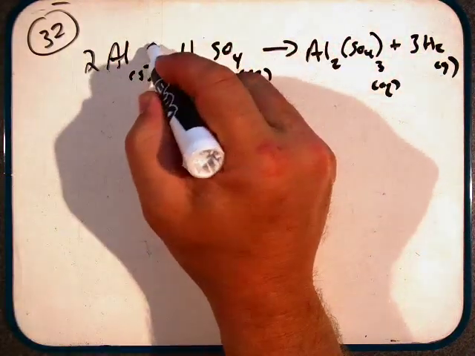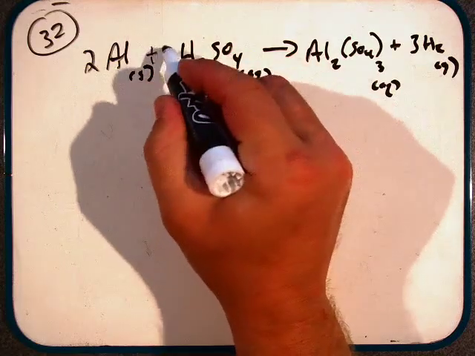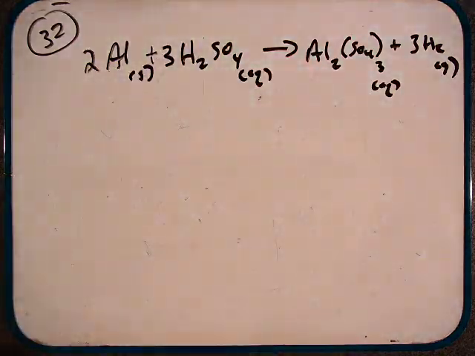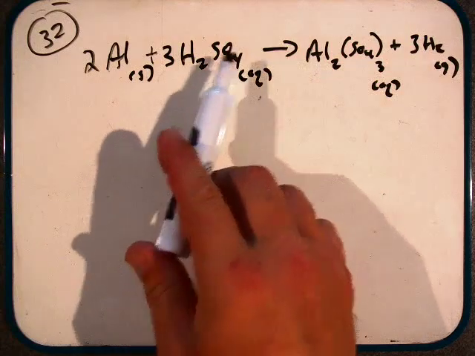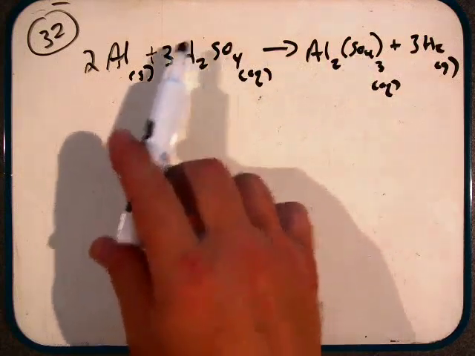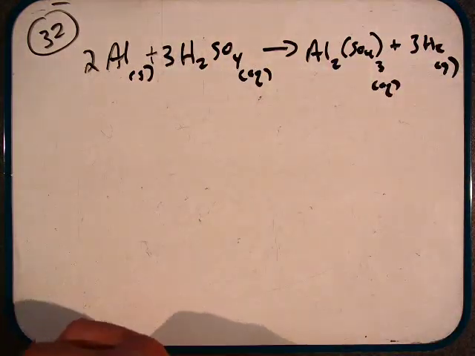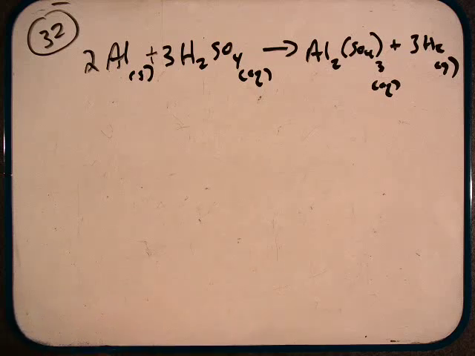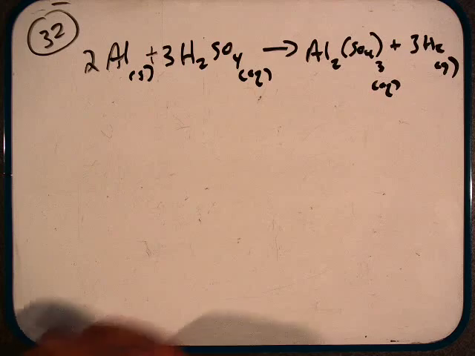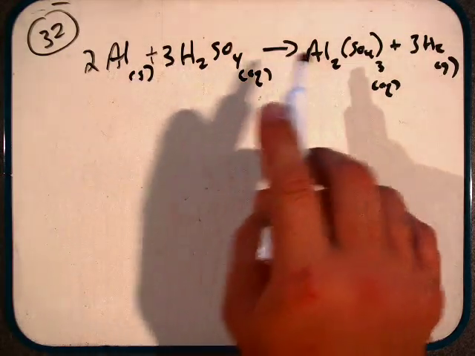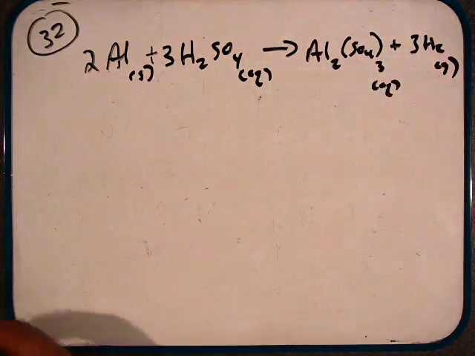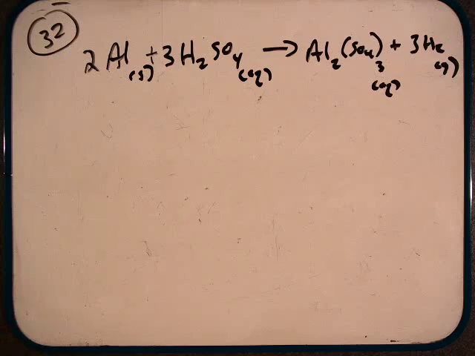We need to make sure that our reaction is balanced, and we should have a 3 there. We have two aluminums, 3 sulfates, 3 sets of H2, and so this reaction is balanced. We need to have the reaction balanced so we can relate stoichiometry, which is the coefficient in front of each molecule that allows us to relate moles of one molecule to moles of another molecule at any point in time